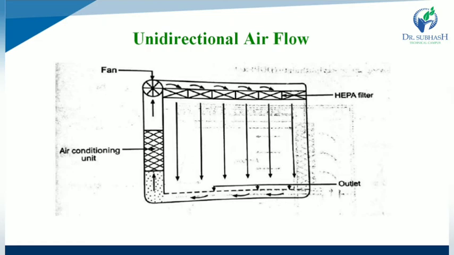So in unidirectional airflow, according to the name, air within the room is moved with uniform velocity along a parallel flow line, while air enters into the room through the bank of filters and exits through outlets comprising the opposite wall or the floor. And the velocity of air is about 0.3 meter per second in a downflow from the ceiling filter and 0.45 meter per second in cross flow air.